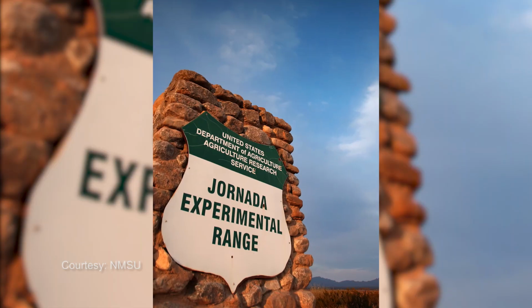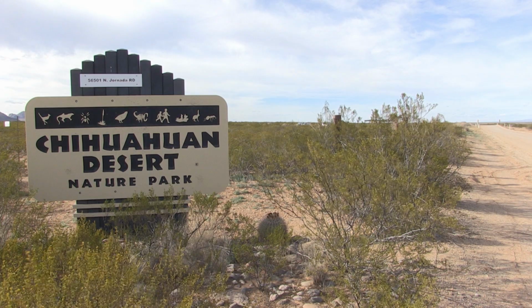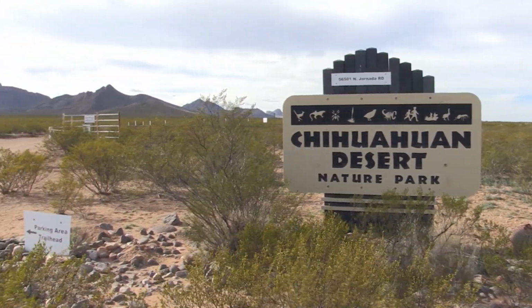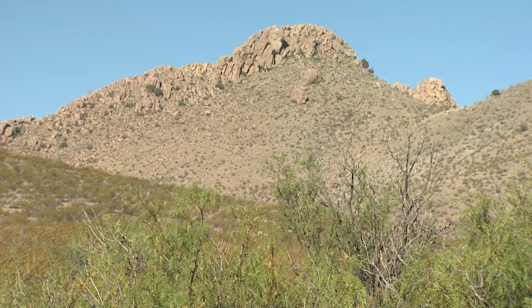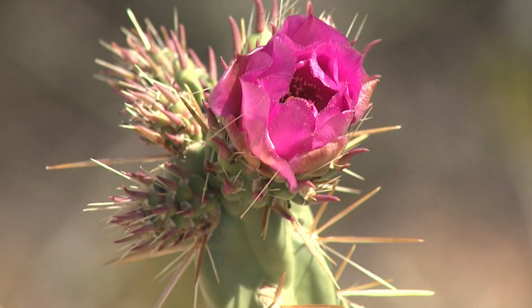Dr. Deborah Peters is a research scientist with the U.S. Department of Agriculture's Jornada Experimental Range north of Las Cruces. Peters says desert landscapes have changed in the past, and that can help us understand how climate change may impact vegetation. Peters says a process called desertification turned the Jornada del Muerto more desert-like over the course of about a